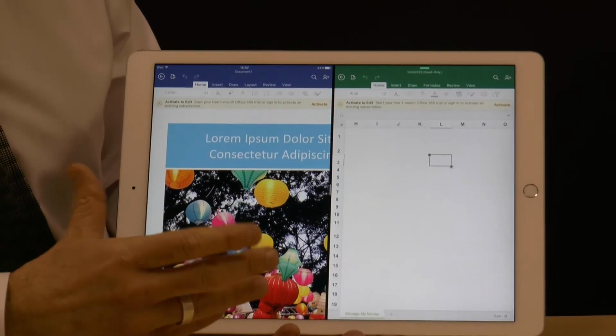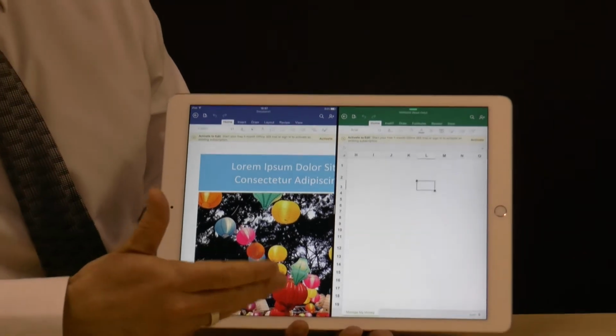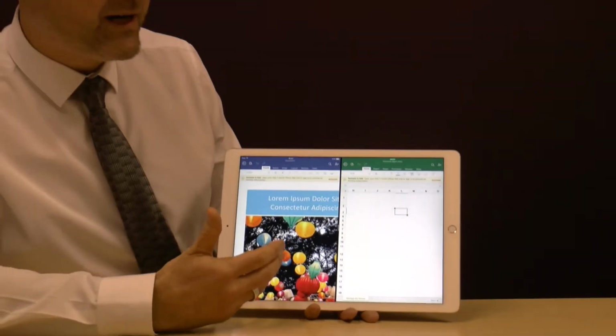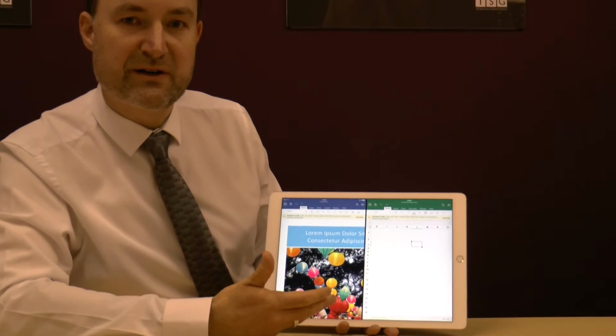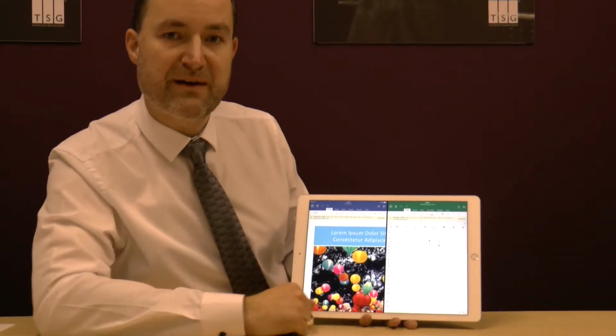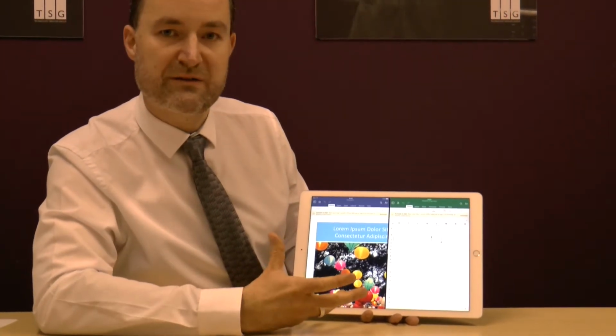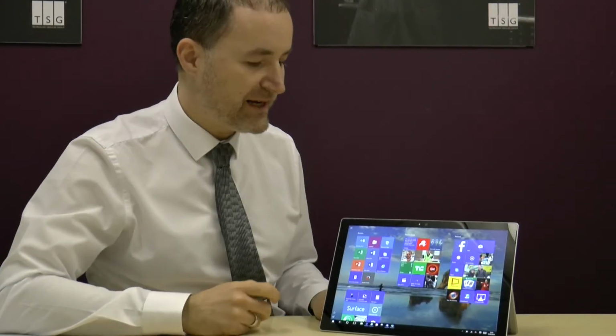I have to say, it's not a feature that I would use heavily on a Surface or an iPad Pro device if I was using either, unless I was attaching it to an external screen. Because really, to get the best benefit from having applications side-by-side, you need a lot of screen estate to do that. So next we're going to take a look at the Surface Pro device and look at some of the